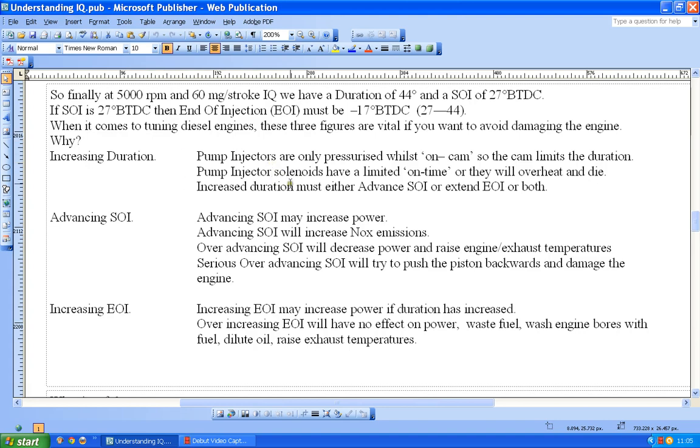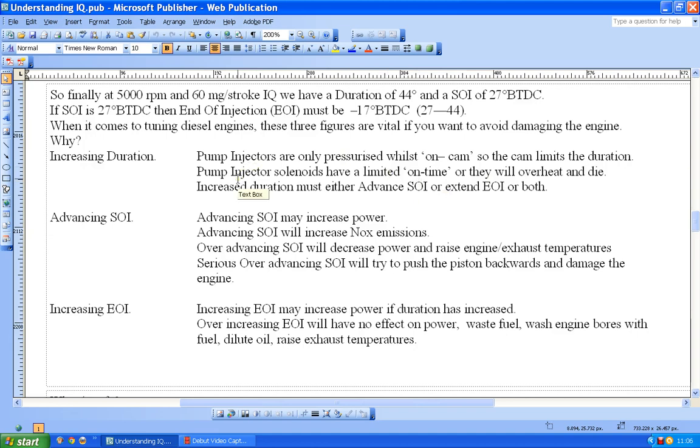That's for one thing. And the injector solenoids that have got to open and shut to allow the fueling, they've got on times, or off time, it depends how you want to describe it, and when they are switched on they are going to get warm, because they are basically just little electromagnets, and so they are going to get hot, and they will overheat and they will die as a result of it, and so you will kill them. So if you ask for too much duration here, you're going to actually destroy your own injectors. Usually there are values in the file to stop you doing that.